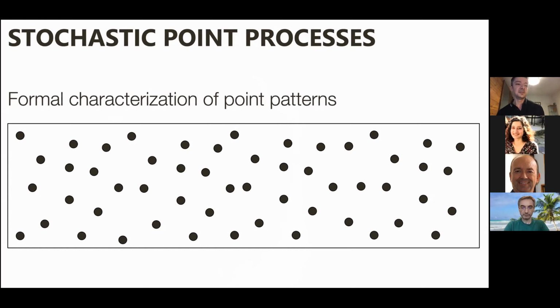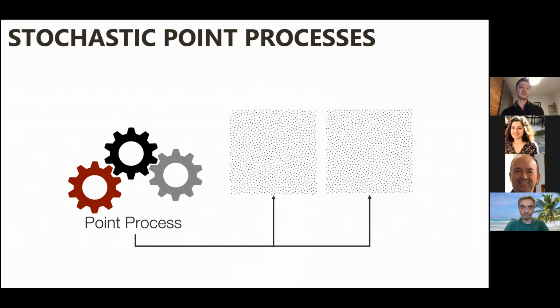I mean, this theory actually has been developed in physics and statistics for 50, 60 years now. And the main idea is pretty simple. So you have a point process. That's like kind of a process. It can be an algorithm, can be a manual process, for example, a child placing soldiers, etc. And basically the idea is this process can generate infinitely many distributions with the same characteristics. So the distributions themselves are different, but they share the same characteristics.